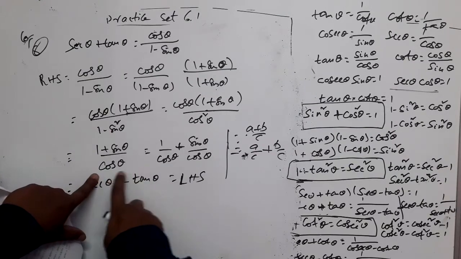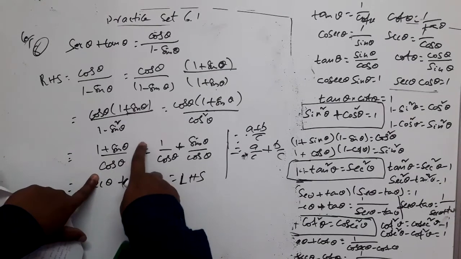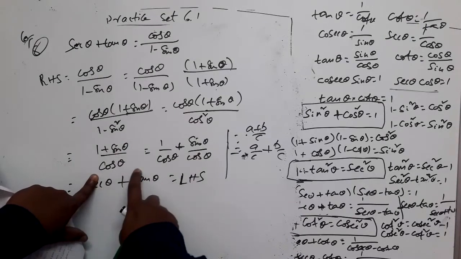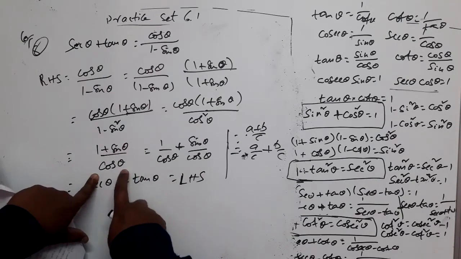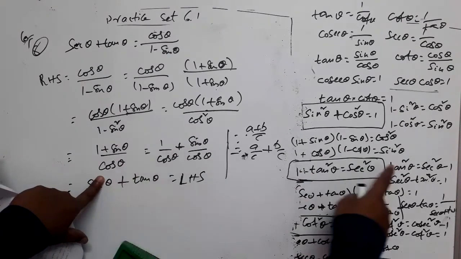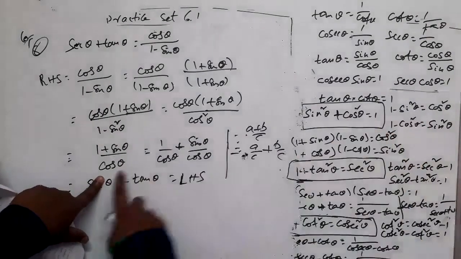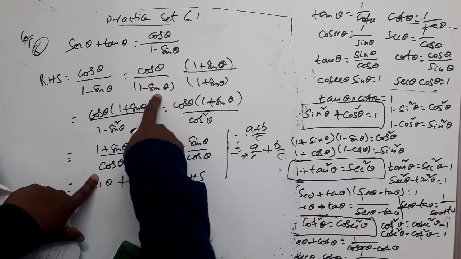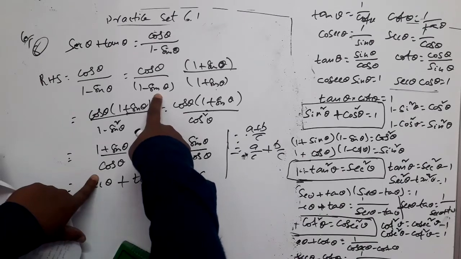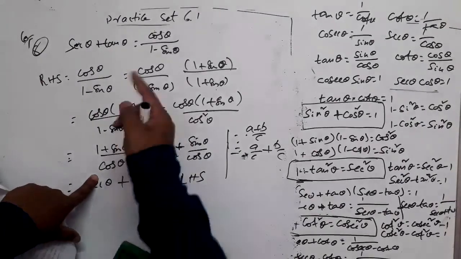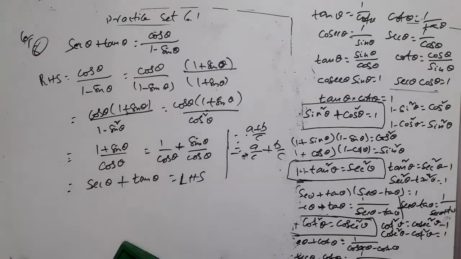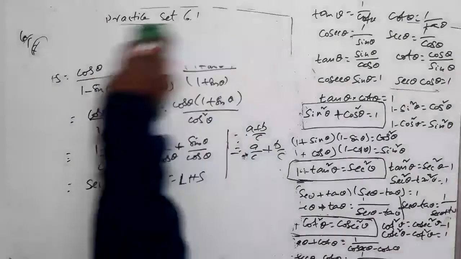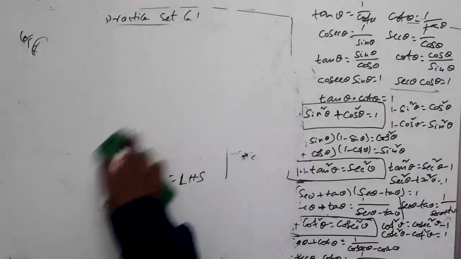Now the denominator becomes cos square theta. Numerator becomes cos theta multiplied by this. But denominator cos square theta can be replaced by 1 minus sin square theta, right? Cos square theta is 1 minus sin square theta. So this can be written as 1 plus sin theta and 1 minus sin theta again. Right? You cancel 1 plus sin theta. So what will be remaining? 1 minus sin theta will be remaining in the denominator, and cos theta will be remaining in the numerator. So you will get this, right? That way also you can do that, by multiplying and dividing by cos theta.